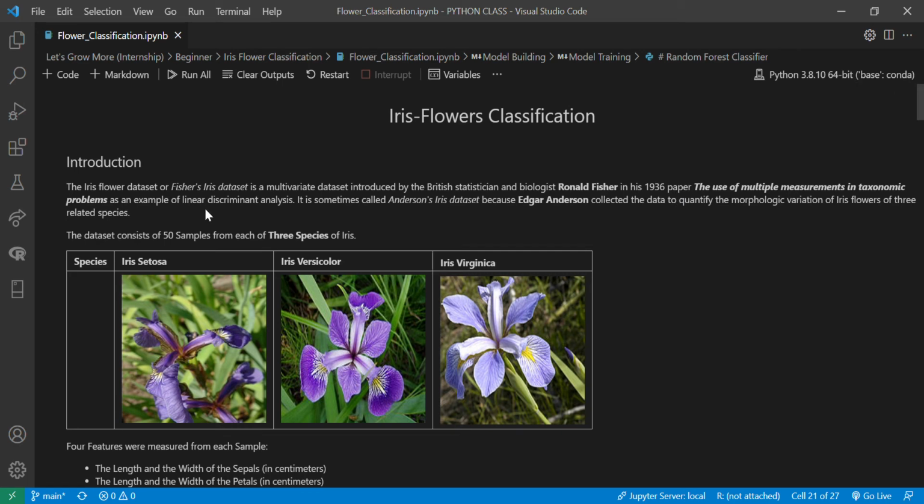The iris dataset is a multivariate dataset. It was introduced by the British statistician and biologist Ronald Fisher in his 1936 paper, The Use of Multiple Measurements in Taxonomic Problems, as part of linear discriminant analysis. Linear discriminant analysis is a statistical technique or method that you can apply in order to obtain a linear combination of features which can help you in classifying or separating a particular set of objects